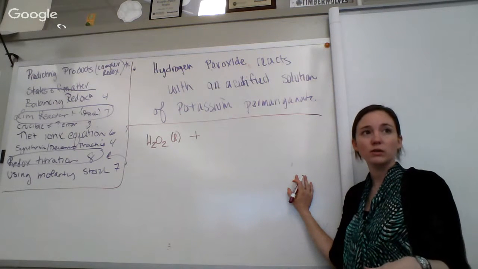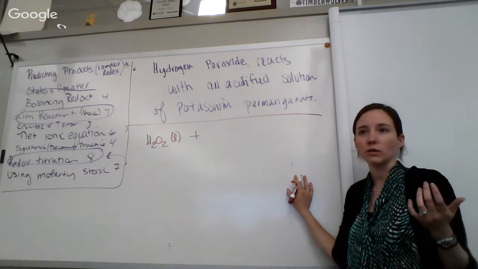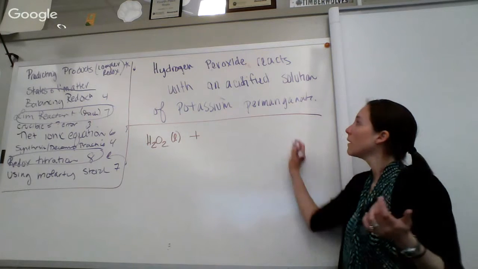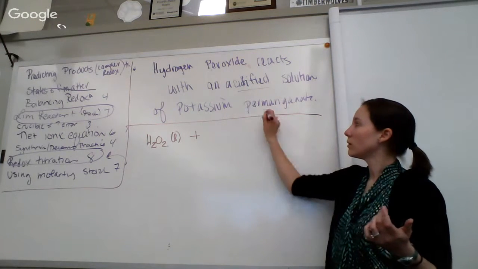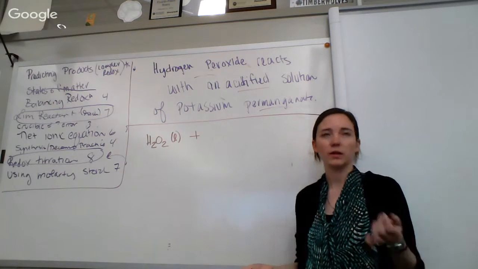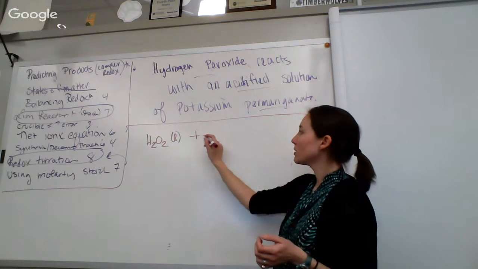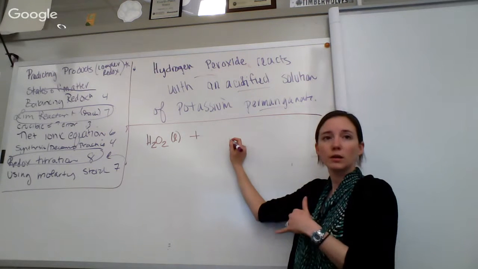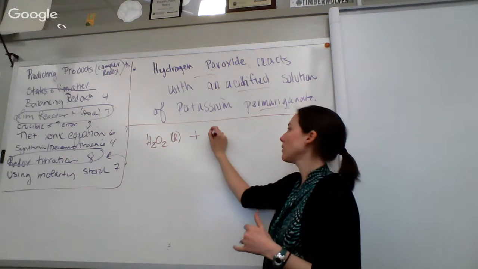So a couple clues that this is redox. What can you look at to know this is a redox reaction? So acidified solution, permanganate, hydrogen peroxide. Those are things that typically we're going to find in a redox reaction. So hydrogen peroxide, it's going to react with my potassium permanganate. So that's